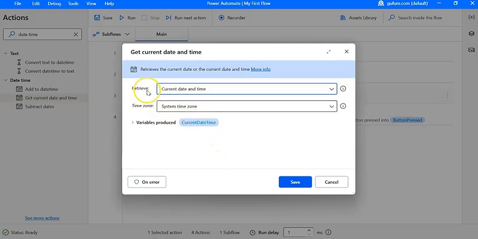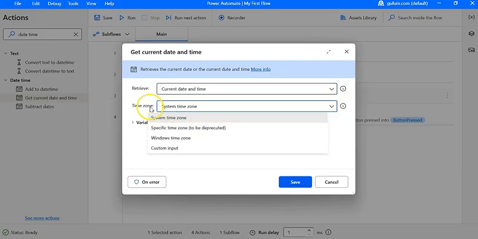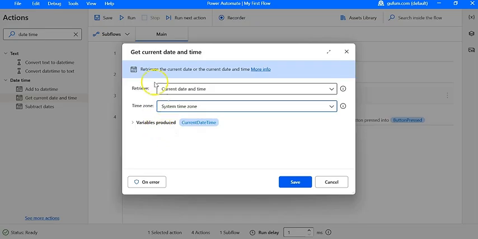So the properties it has got is either you want to retrieve the date and time both, or date only. Let's take both. There are different time zones that you can configure. Let's keep it default to the system time zone, which is IST. Here you see the variables produced, meaning the output of this action get current date time will be stored in